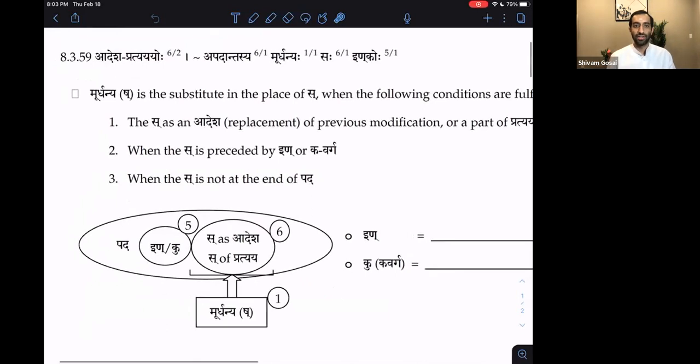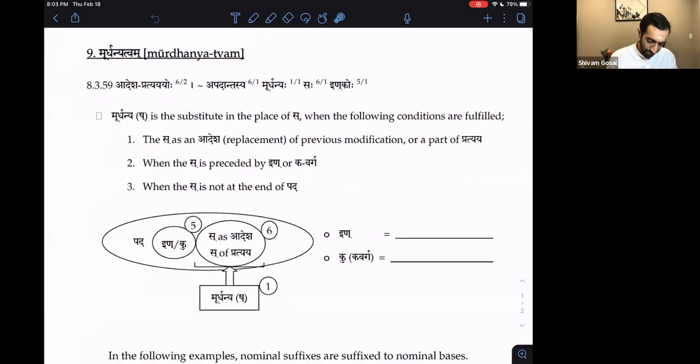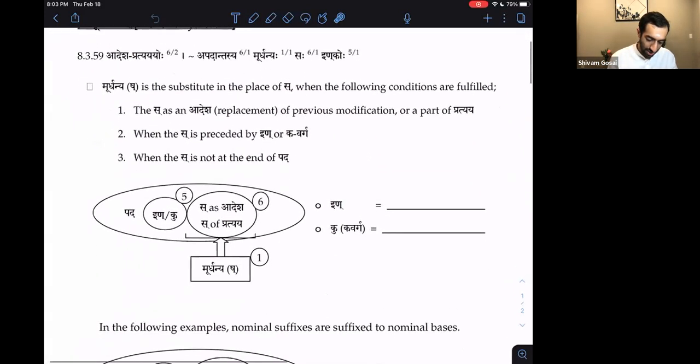What is murdhanya? Murdhanya is when your tongue is retroflex, when your tongue goes up. So murdhanyatvam is making your tongue go up. Your tongue should hit the top. So this murdhanya shakara is the substitute in the place of sakara. So shanmuksha replaces saraswati sa